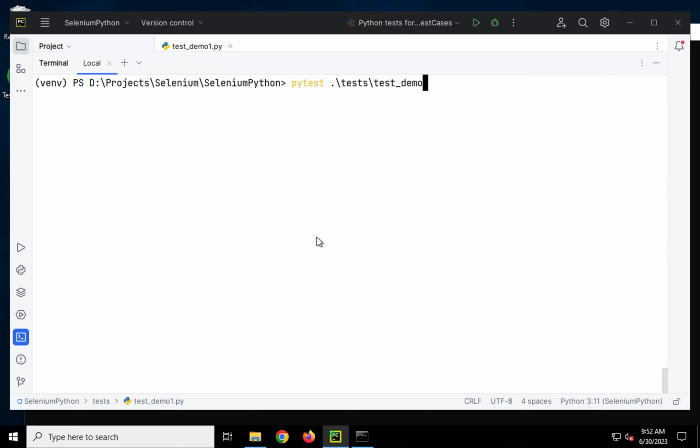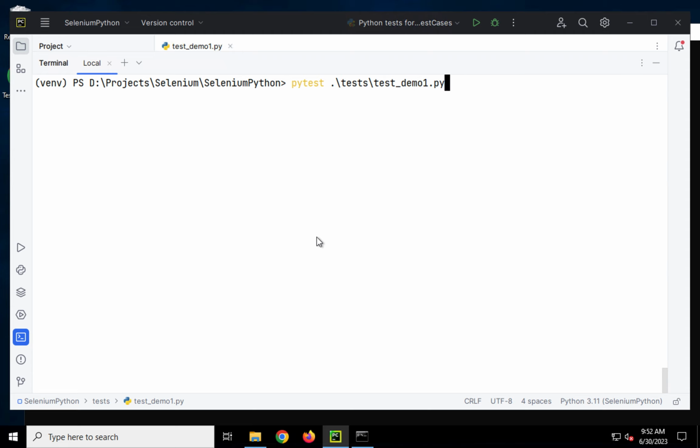Now see, I did not type the entire command. What I did was I said Pytest, then I said test and then hit tab. Now because there's some other file name with the same name, I will say tests and press tab, and it has taken the path of this folder, and then I again typed test and again pressed tab on my keyboard,